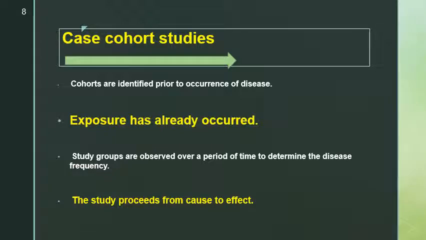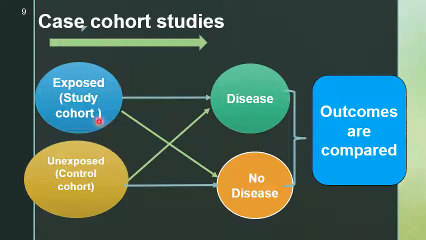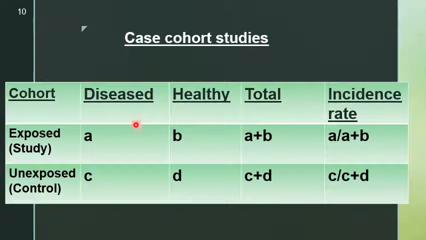Here we have to follow the patient. So that means the study group, patients who are smokers, they may get the disease, they may get lung cancer, they may not get the disease. And same with the control patients who are not smokers, but a few of them might get lung cancer. See, there might be many factors of lung cancer. Smoking is one of them. And there will be control group or non-smokers who will never develop the disease. And after some time, after knowing the follow-up interval, we will compare the outcomes, that is, whether the lung cancer has occurred or not.